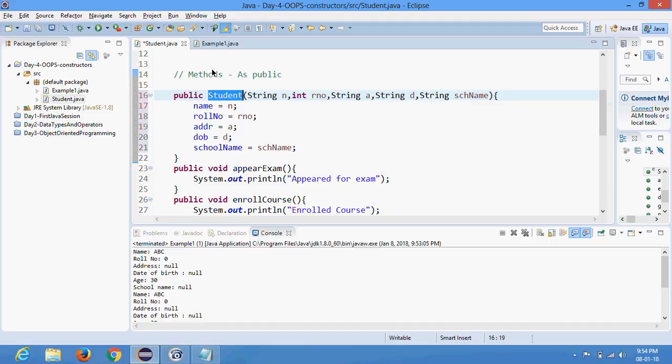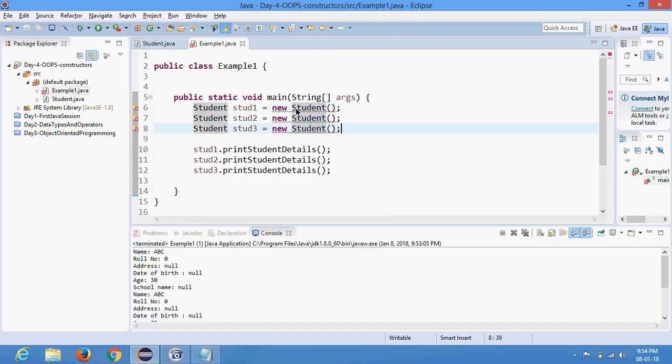Now I have a constructor whose name is the same as the class name, which doesn't have any return data type, and this constructor is taking parameters, and these values I'm initializing to the variables. I hope this is not very difficult to understand. It's very easy actually. But in that case, this line, Student stud1 is equal to new Student, will give me an error,